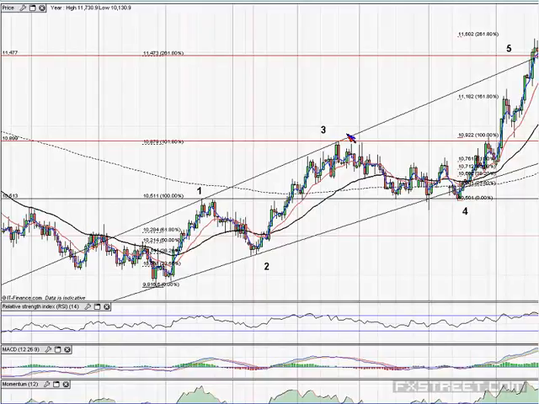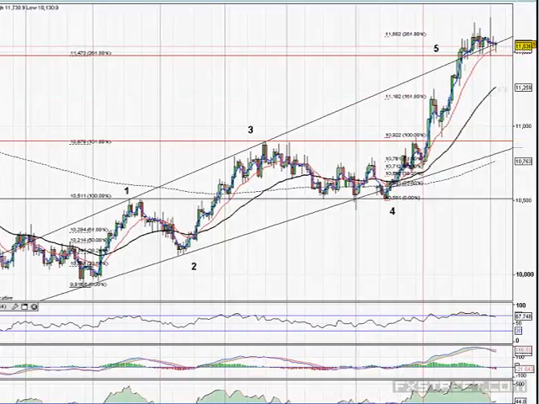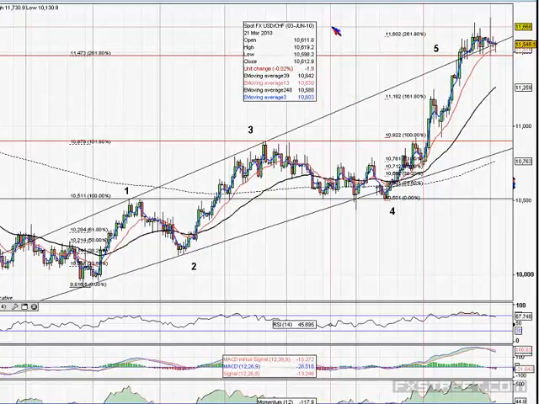And what we did have, we had decent fibs, 161.8%. It broke through the high here to confirm that we're in an upward trend. You then can put fibs on this fifth wave up, 100, 161.8, and 261.8, and it looks to be consolidating around the top. Now this is the only reason why I have slight doubts on the euro dollar bear, and that's why I said I'm a cautious bear, because